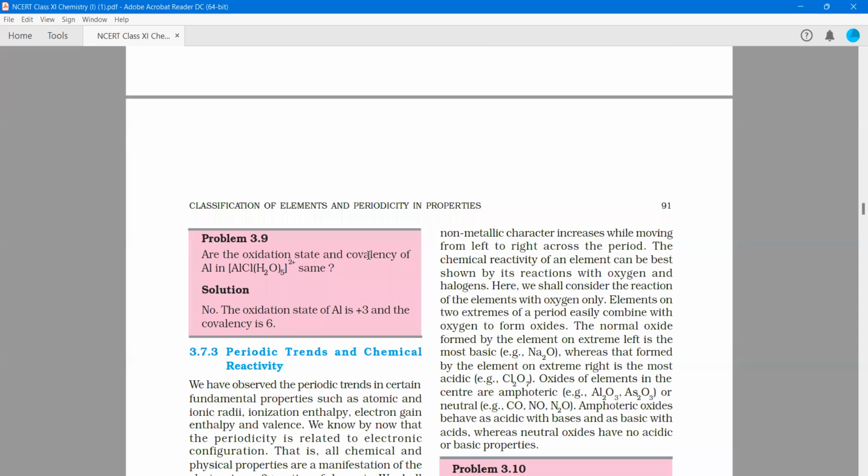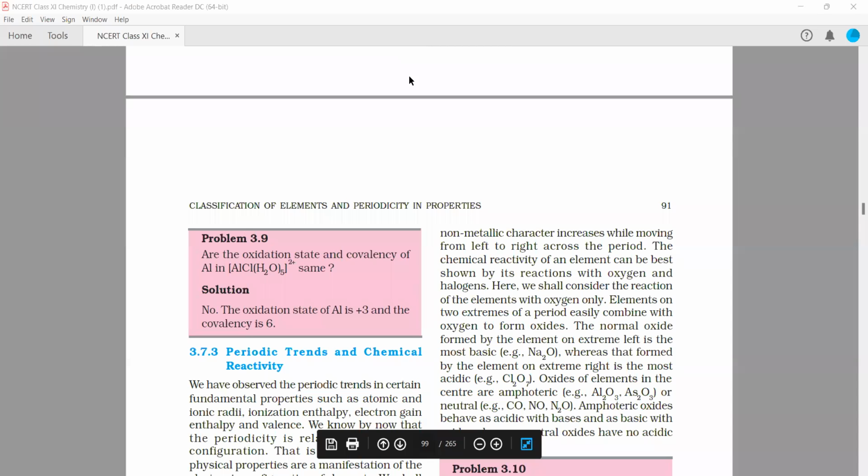Are the oxidation state and covalency of aluminum the same? So let us deal with this question. First of all, you need to know the difference between the oxidation state and the covalency. The oxidation state is the number of electrons it is sharing, and covalency is the number of atoms to which it is attached. So here, aluminum,